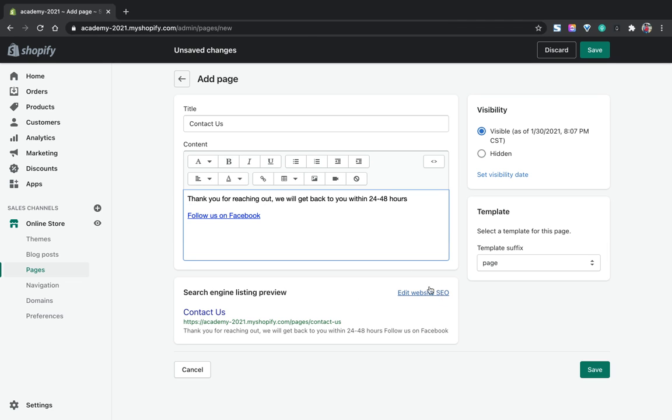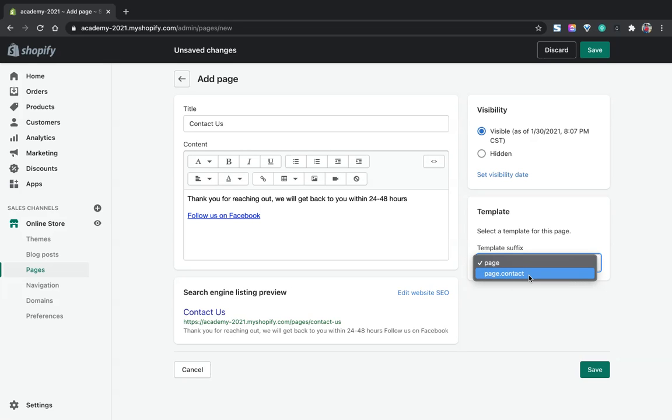I'll insert the link, and now I have a link. Now on this right-hand side under template, we're going to select page.contact. Now, depending on the theme that you are using in your store, it may say